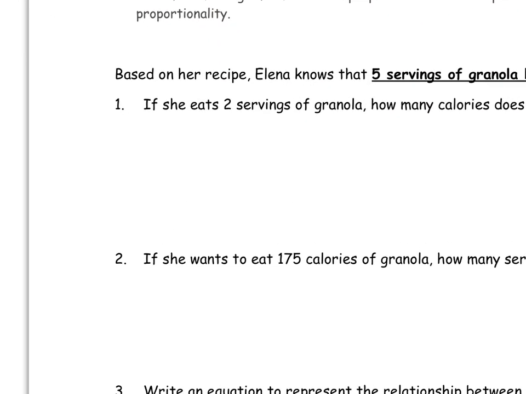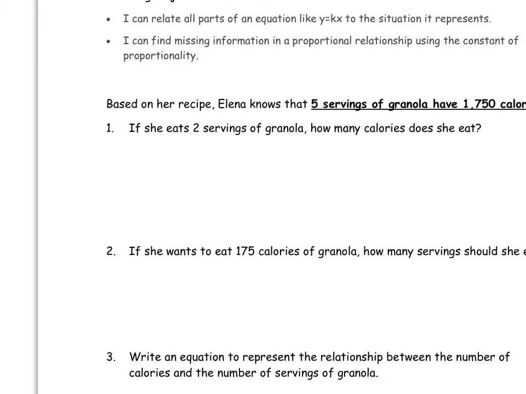To answer this, the first thing I'm going to do is start by creating a table. So in my table, I'm going to have servings on one side and calories on the other. So I know for 5 servings, that is 1,750 calories. So I'm going to calculate the constant of proportionality by asking myself, what times 5 is equal to